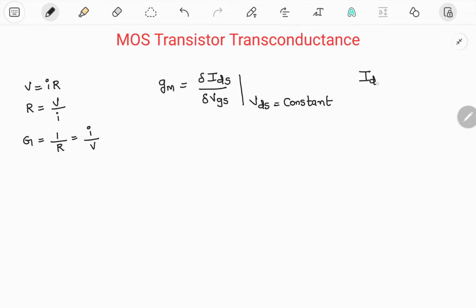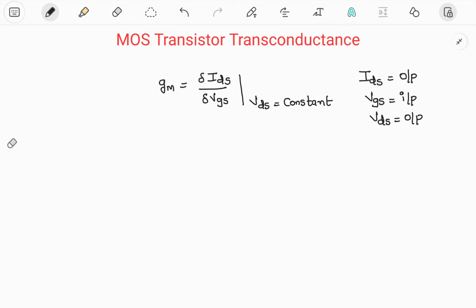Here Ids is the output current, Vgs is the input voltage, and Vds is the output voltage. In order to derive this expression, we need to know the current equations for both the saturation as well as the linear region. We know that in the linear region,